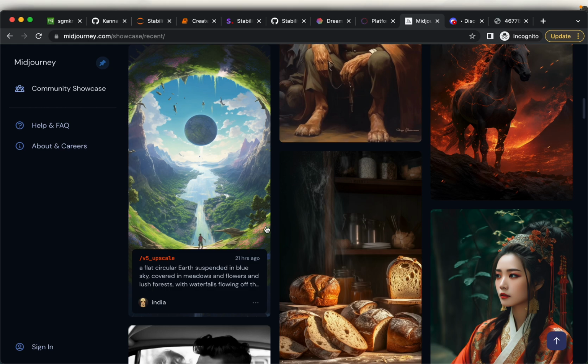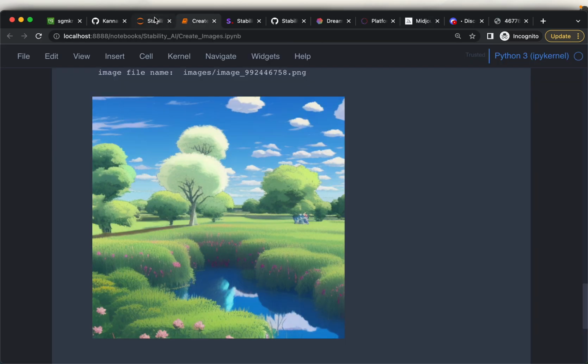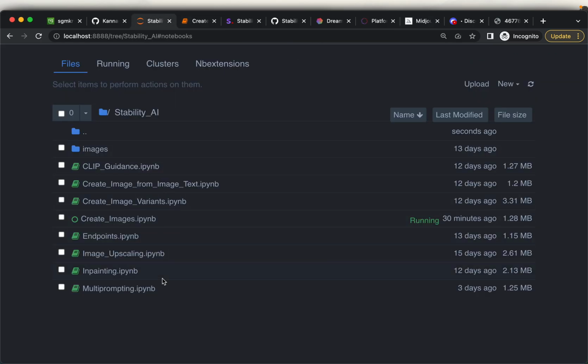So for example, let's say we gave some prompt, a flat circular earth suspended in blue sky, etc., and the model has created this image. But we don't want, let's say, this green color in the image, or we don't want these trees in the image. So we can create a negative prompt to say, I don't want trees. Okay. So in the next iteration, the model will remove the trees. Okay. It will be clear when we see the examples. Okay. So we are going to see the multi-prompting as well. So these are the tasks we are going to cover